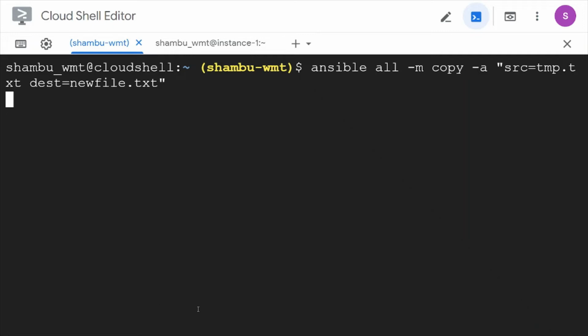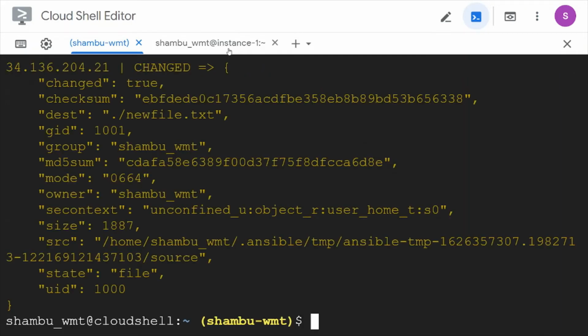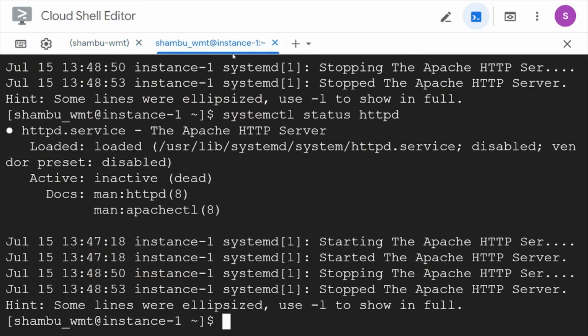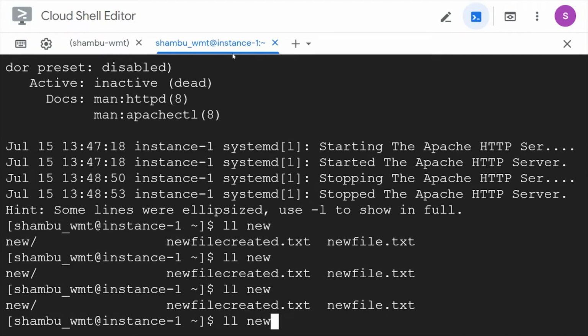If you check in the VM, okay, newfile.txt is there.